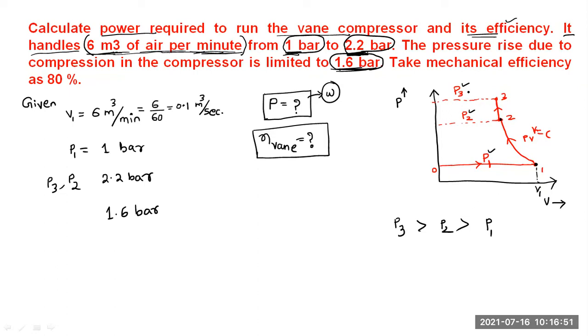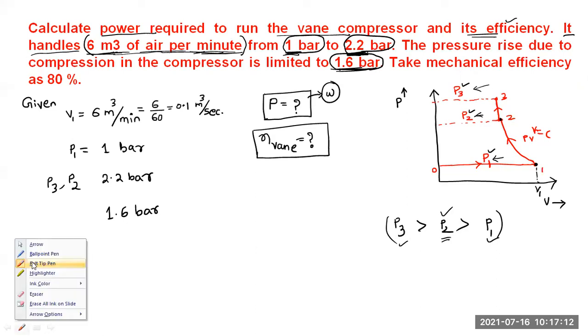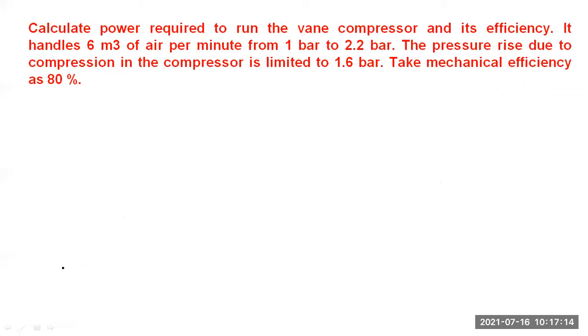This P3 is the highest pressure. P1 is the lowest pressure, and this P2 will lie in between P3 and P1. So this relation we can say: P3 is the highest one, P1 is the lowest one, and P2 should be less than P3 and greater than P1. It is the intermediate pressure. Now these values we will simply assign here. Okay, so if you cannot identify the pressure, then in this way,